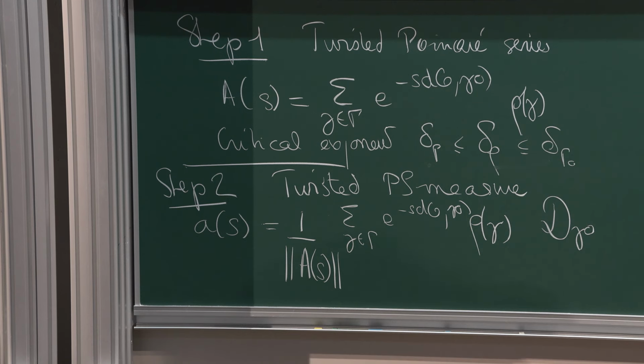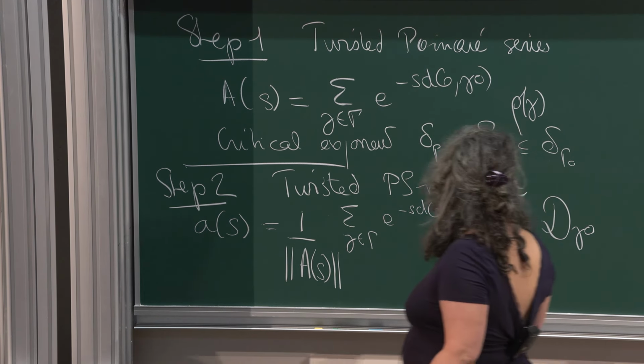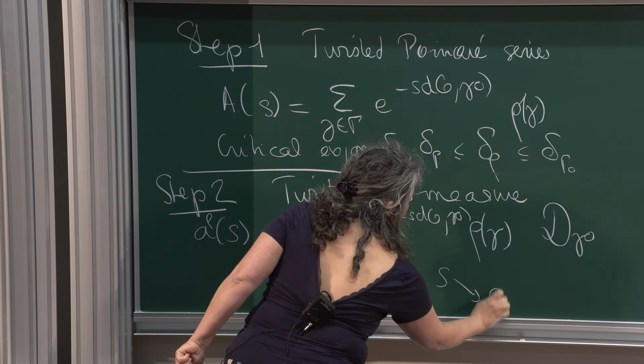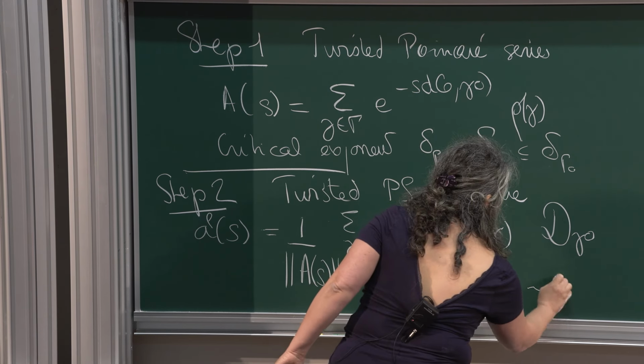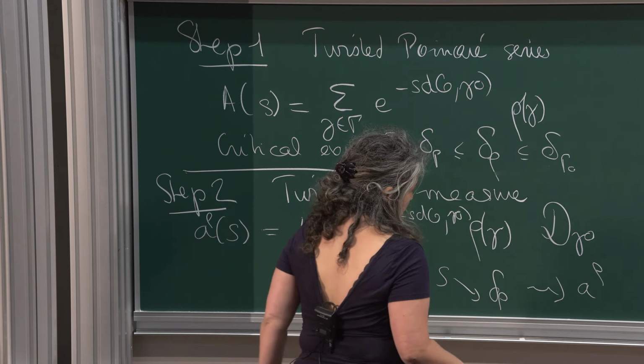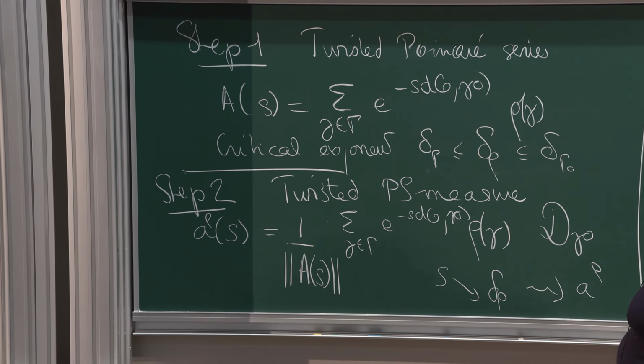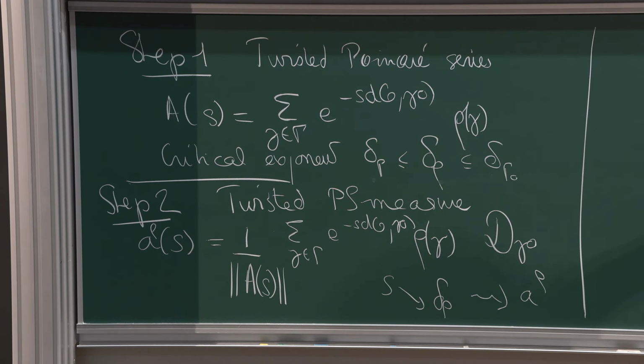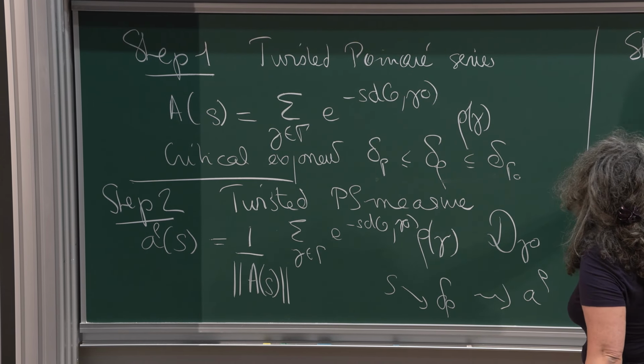And so what is it? This object is a measure, because you have Dirac masses, so you can give functions to it, and it will give you some operator if you are happy. And then when, let's say, it's A rho of s, and if s decreases to delta rho, then hopefully you will have a measure A rho, which is a measure on the boundary with values operators. And step 3 is to show that